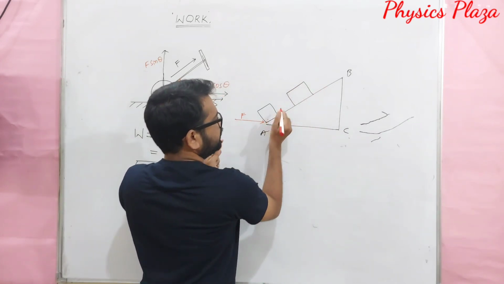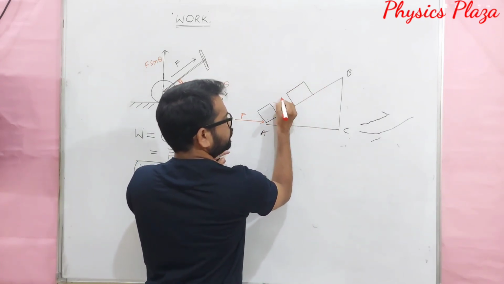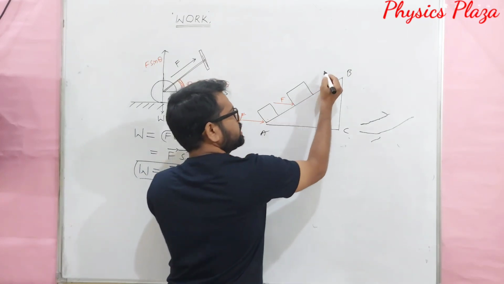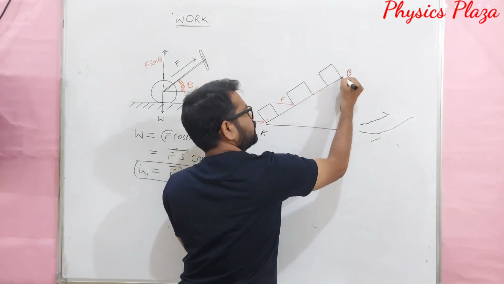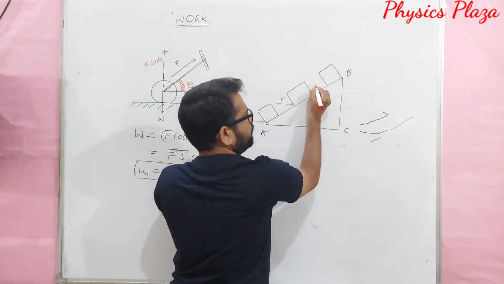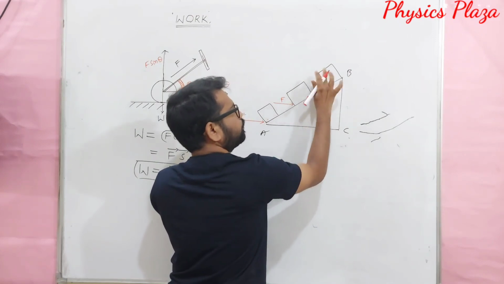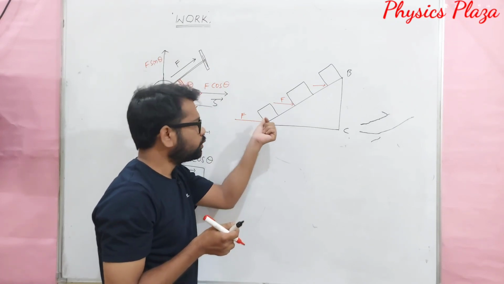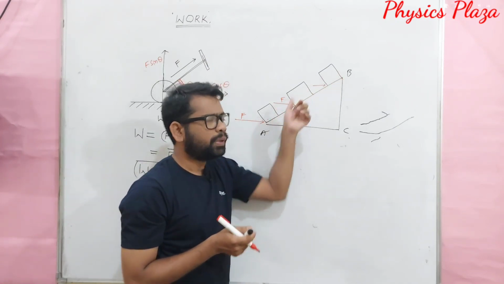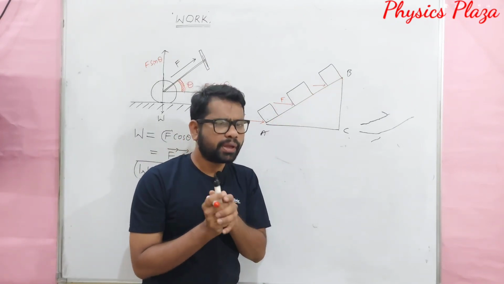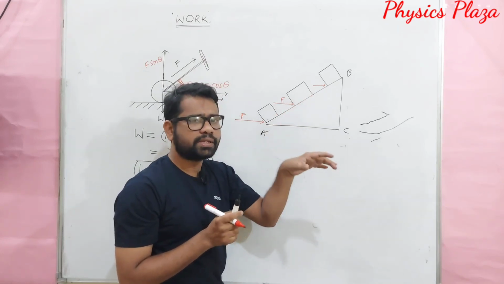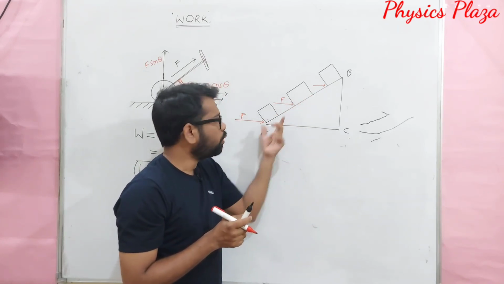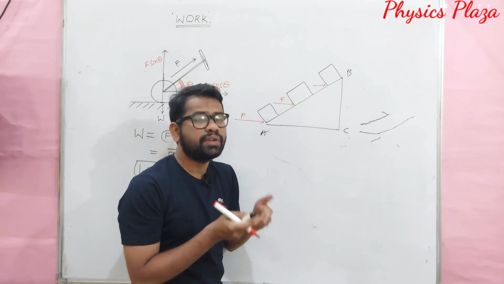Let us suppose it has moved from here to here. Still the force is acting continuously, as I told you. Let us say the body has moved till the end of the edge at point B, and here the force is stopped. In this case a force is acting so there will be some displacement. But how can we calculate the work done here, because the body is not displaced in the direction of force?